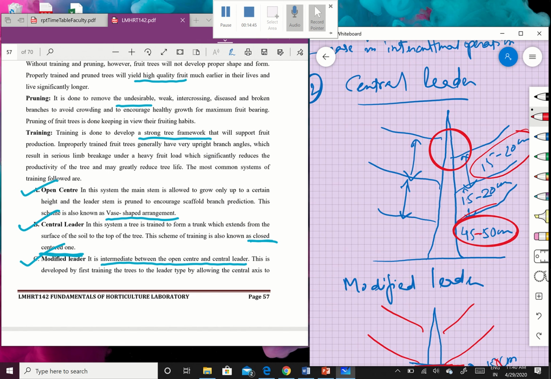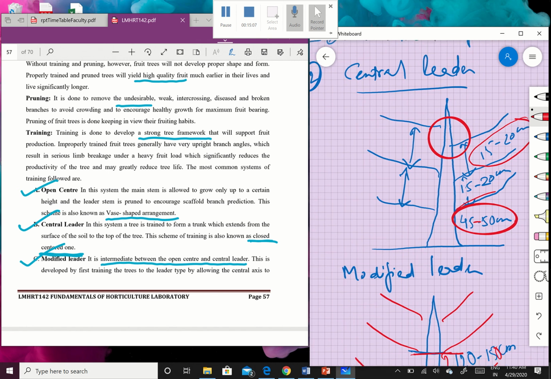First branches we are going to keep at 45 to 50 centimeter, then subsequently 15 to 20 centimeter we are going to maintain. Because of its robust shape, the lower branches won't get proper light interception, which will make them unproductive. So fruit bearing will only occur in the terminal branches,